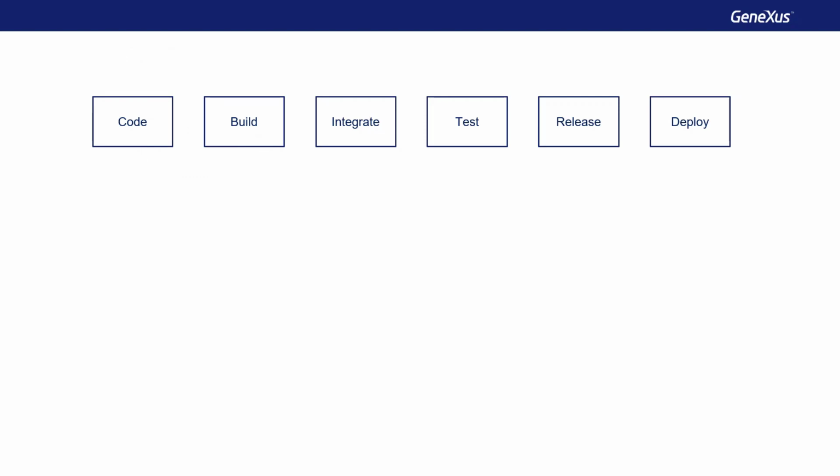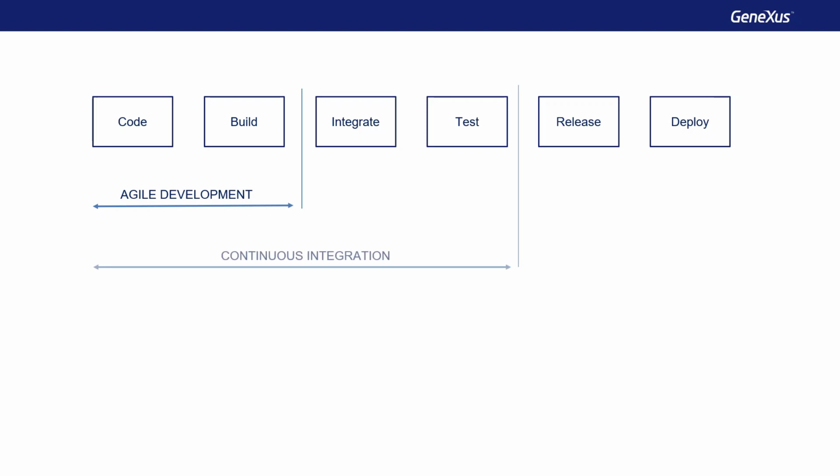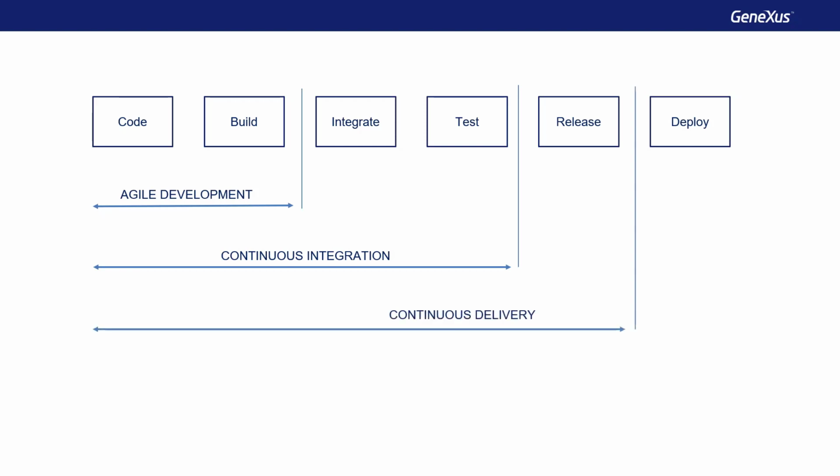Our development method may be considered agile when a process is capable of speeding up the development and building process. When we add automated integration and validation to our process, we've achieved continuous integration. We've attained continuous delivery when we also add automated release setup, so that we can move on to publish to production with just one click. If our process is so smooth and automated that we may reach automatic production cutover, then we have continuous deployment.